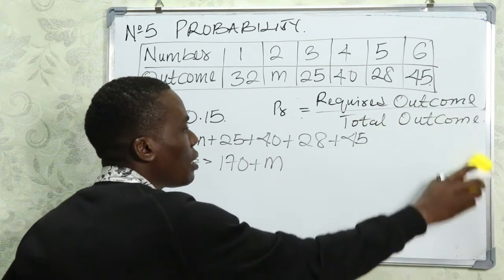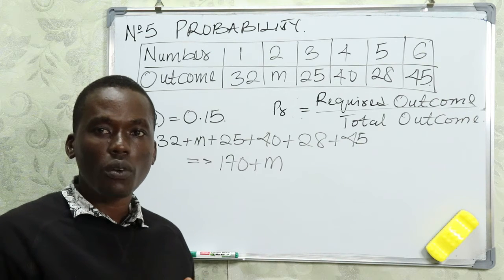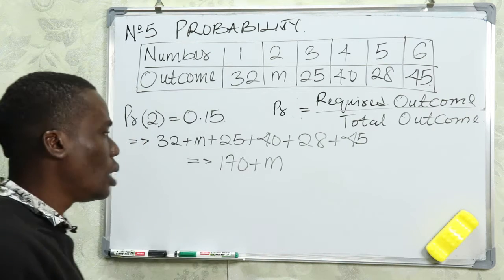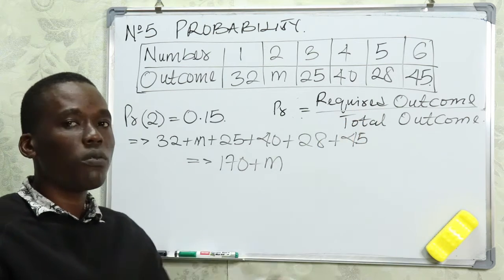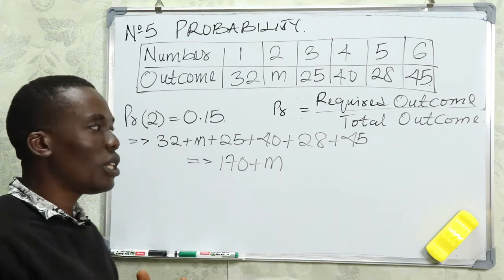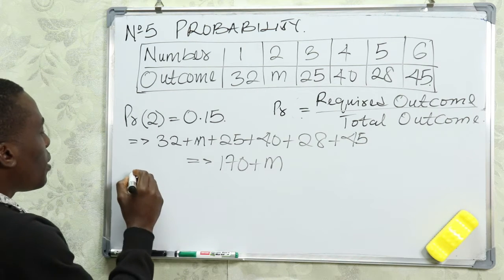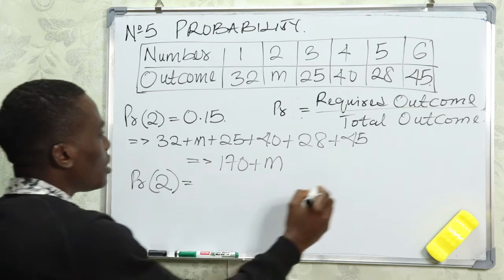So having gotten that value, the next thing we need to do is to apply the formula for our probability. Remember, we told you that probability is the required outcome over the total outcome. Remember the question, they say you should find the value of m. So the probability of obtaining a 2, they say, is equal to